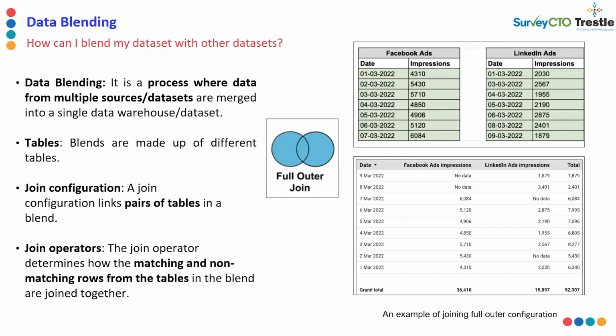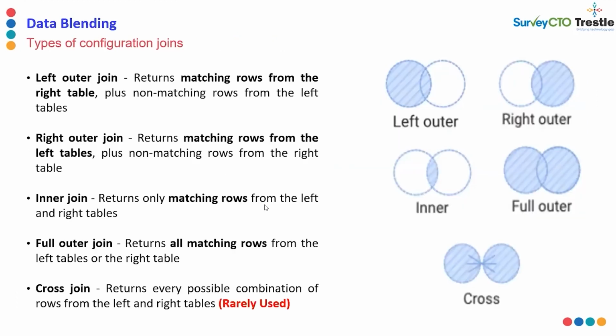Now, it's a very simple process. The only challenging or tricky part is how to join. So you have to mention how you want to configure both of the data sets. This is one example of the different options available. Basically there are 5 conditions. One is left outer. In the left outer, it will collect all the data from the left side, and from the right side, whichever matching rows are there will be connected.